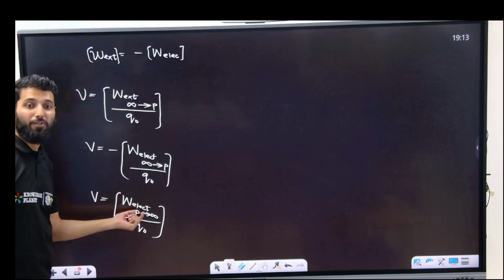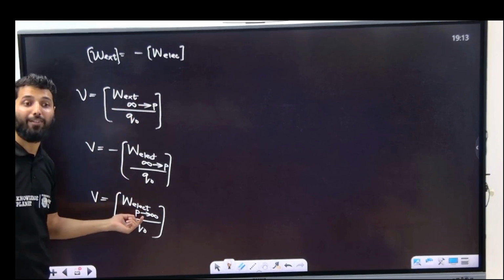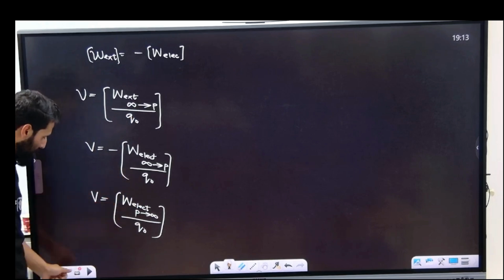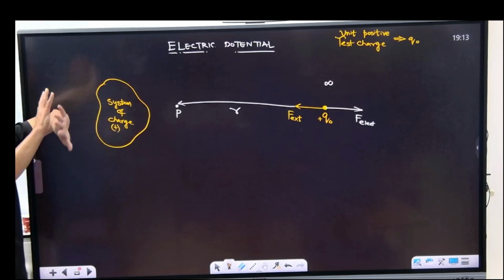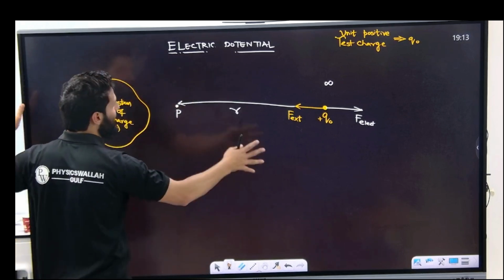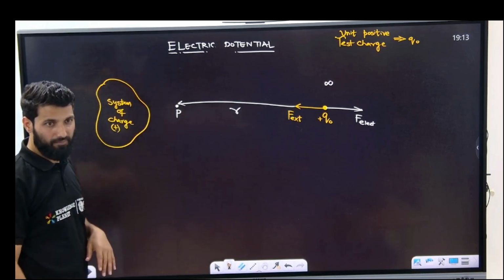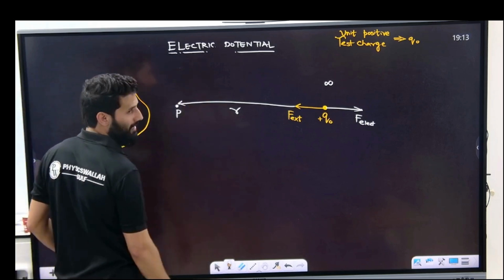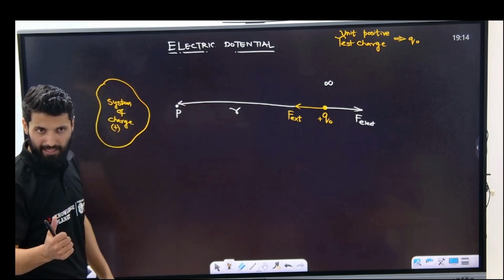Why did I do this? Because I know the electrostatic force; I don't know the external force. I know how to calculate the electrostatic force. Now this is the system of charge. It will have some field around it. Let's suppose that field is E. Is that field E constant or variable? Variable, right? There will be field lines that will definitely not be uniform. Is it clear?